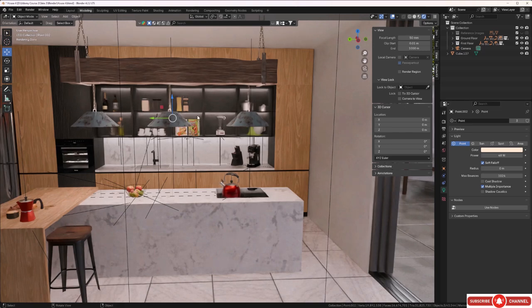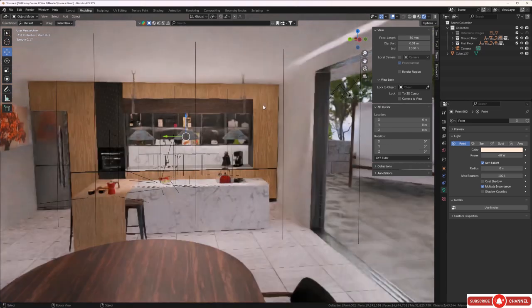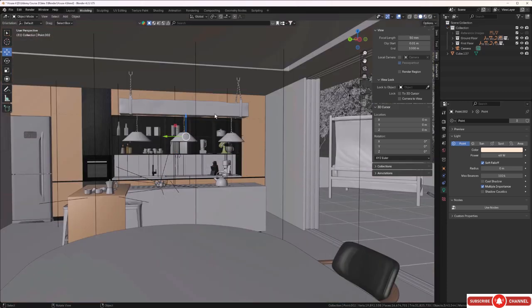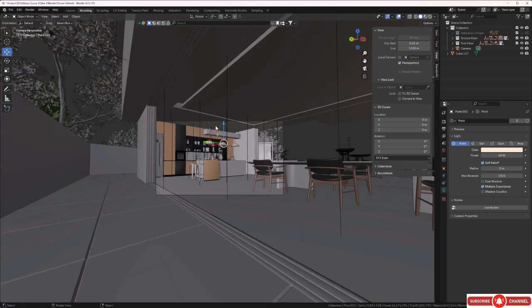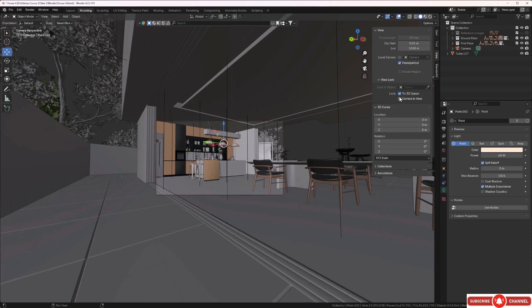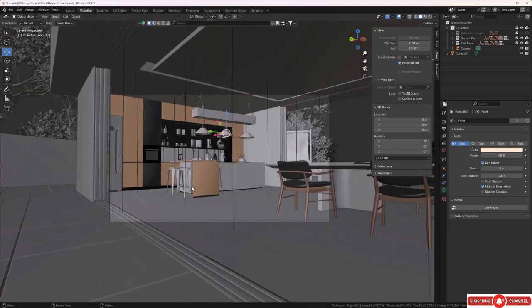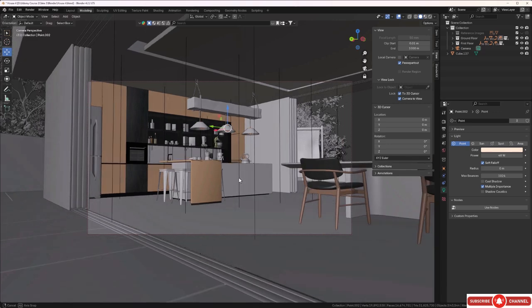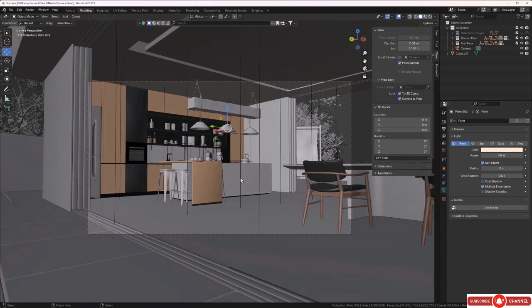Okay, so now that's done, we can go back to shaded mode, and we can press 0 and see through our camera again, and we can lock to camera and see if there's any sort of final adjustment. I'll unlock for a moment and come closer to the camera view and then lock this again. Is there anything else I want to do to this view? Am I happy? So I'll rotate a little bit more like this,